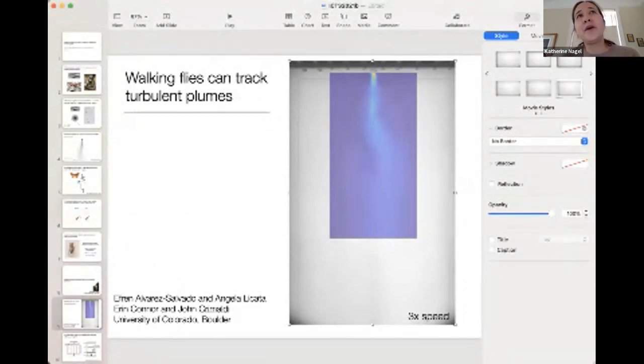But of course, one of the problems with this setup is we don't actually know exactly where the odor is at any point in time or what the fly is experiencing moment by moment. And so here, let me go back to